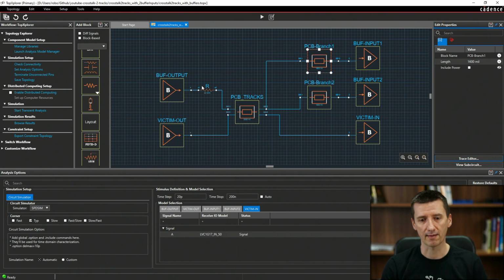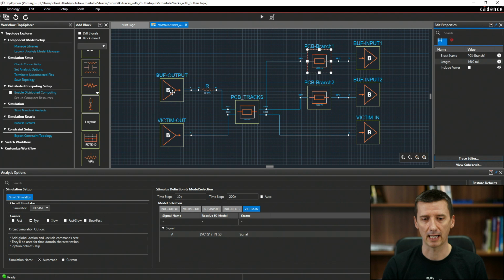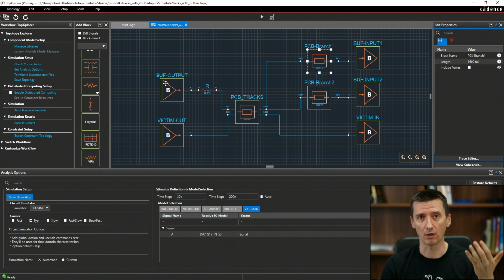So when we add this 33 ohm resistor here, we kind of meet the 50 ohm impedance of this output, and that helps to improve the signal, because then the output of the buffer is 50 ohms and the signal travels through the tracks with 50 ohm impedance. It means we improve the path where this signal travels, and that's why the signal looks much better in our simulations.